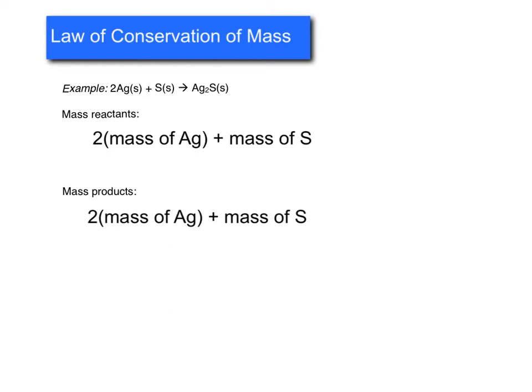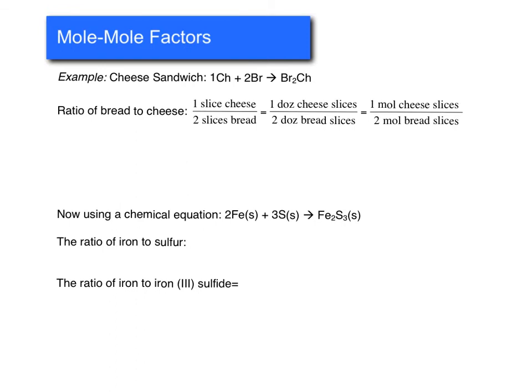This is similar to a recipe in a lot of senses. And I've mentioned before the simple cheese sandwich equation. 1 slice of cheese plus 2 slices of bread gives 1 cheese sandwich. And that is our balanced chemical equation for that particular process. It's not helpful to say that you add cheese plus bread and get a sandwich. You need to know how much of each of those things go in order to get the sandwich out on